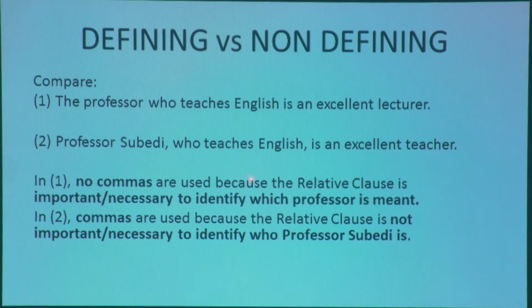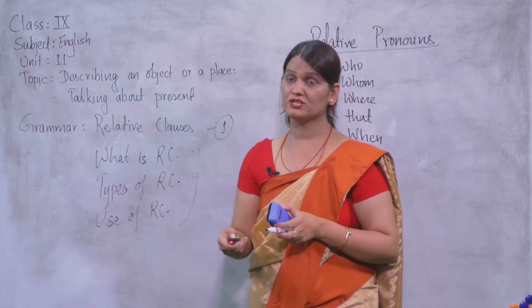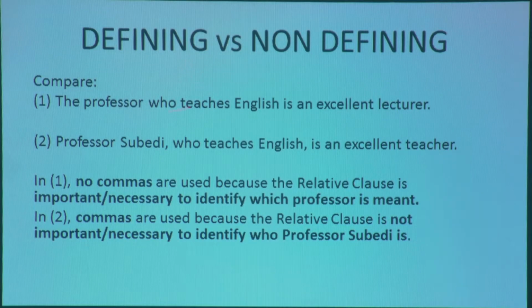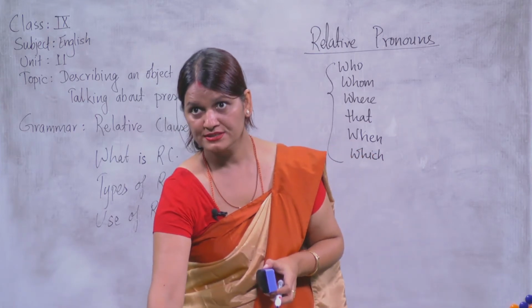This is not necessary, but it is given as extra information. In the first one, no commas are used because the relative clause is necessary to identify which professor is meant. But in the second one, there are commas because the relative clause is not necessary to identify who Professor Subedi is. I think you understood defining and non-defining relative clauses. Both types are used in our textbook as well, right? So now,